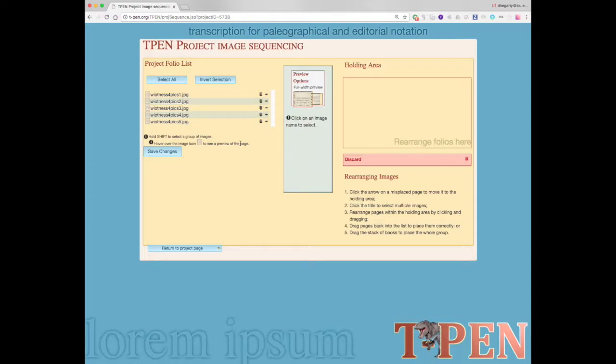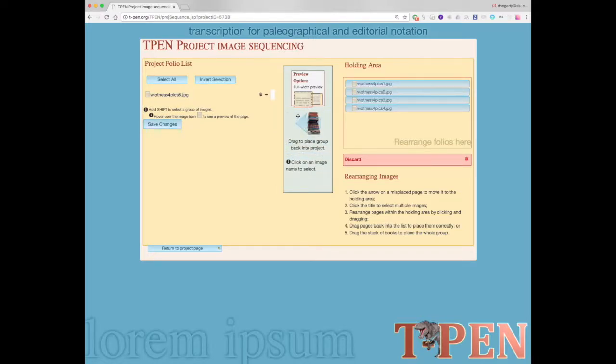To rearrange the pages, we need to move the pages we want to rearrange into the holding area on the right. To do so, we can select the images we want to move by clicking on them and clicking the Hold Selected button, which moves them into the holding area. Multiple pages can be selected at once by holding down the Shift key. The pages can now be rearranged as desired